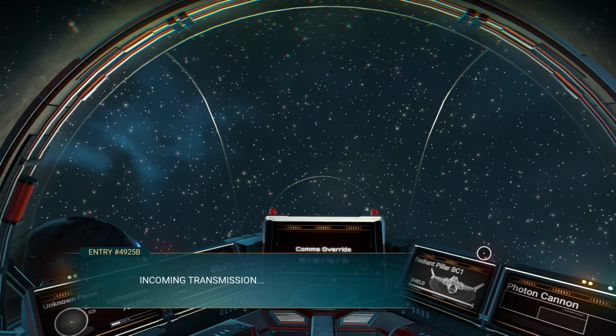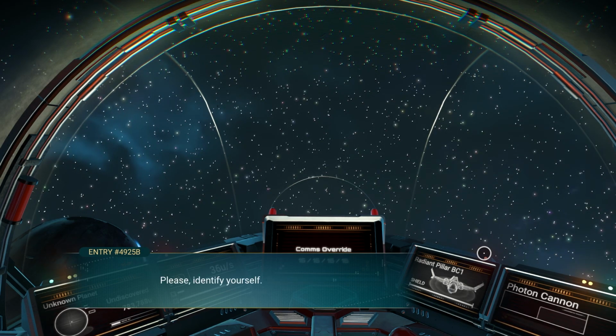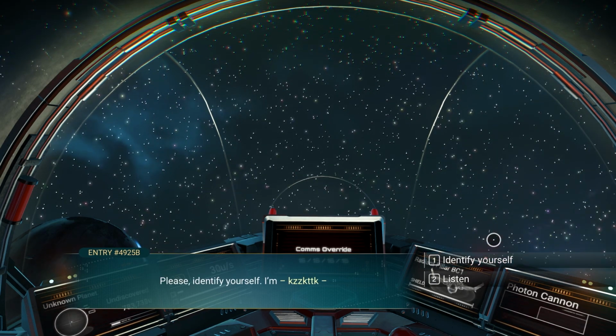Entry 4925B. Incoming transmission. Source. Please identify yourself. I am...